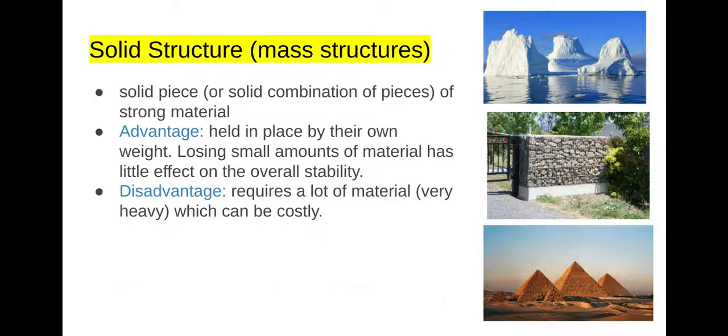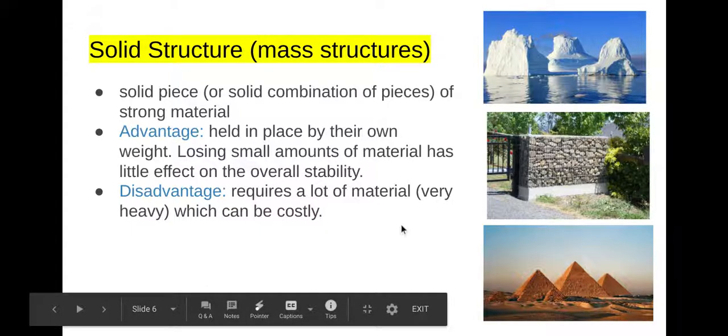So we've got solid and mass, meaning that it's a solid piece or a solid combination of pieces of really strong material. Some of the advantages of a solid structure is it can be held in its place by its own weight. And there's very small amounts of material that you can lose that has little effect on the stability of it. And a disadvantage is it requires a lot of materials because it's very heavy and it's solid all the way through, which can be very costly. So you can see I've got iceberg, we have a rock wall, and we have the pyramids all as solid